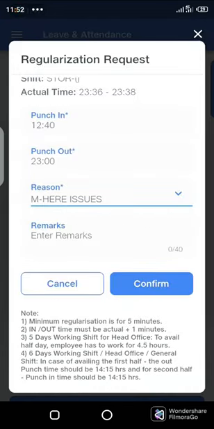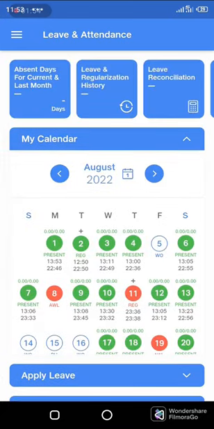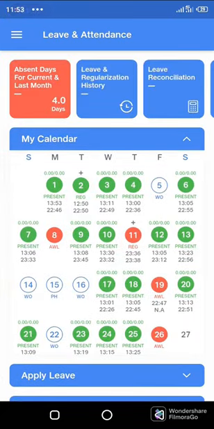Your attendance is regularized and it goes to your L1, your manager. If he confirms, then your attendance will be